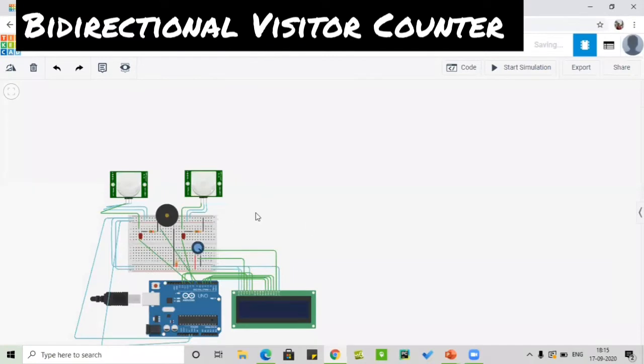This is the circuit interface. I have connected one terminal of the sensor to the anode terminals of the LED, another terminal of the sensor to ground, and the other to VCC of the Arduino. So here is the code.